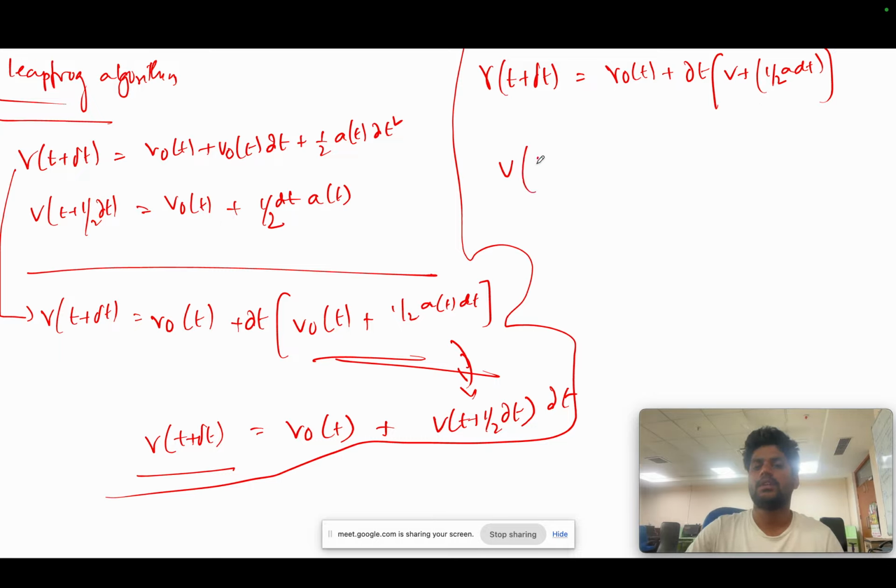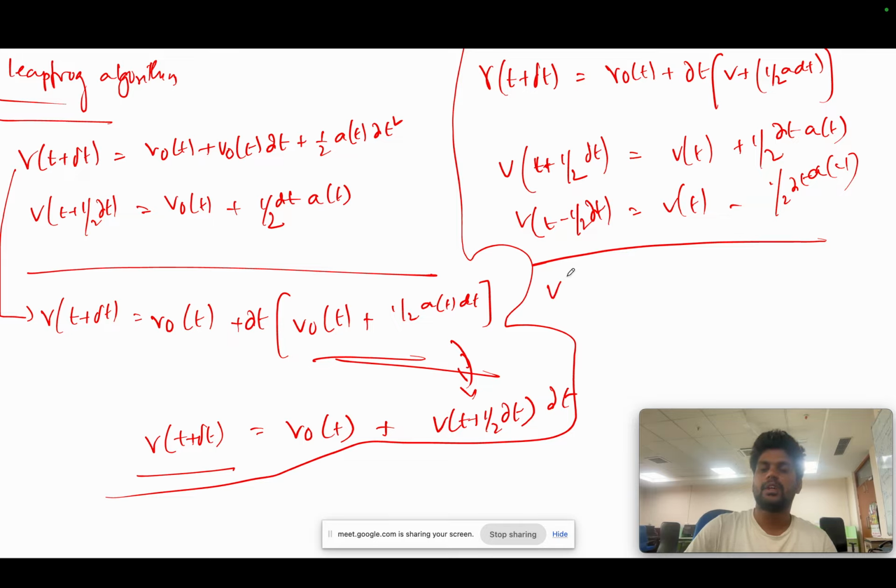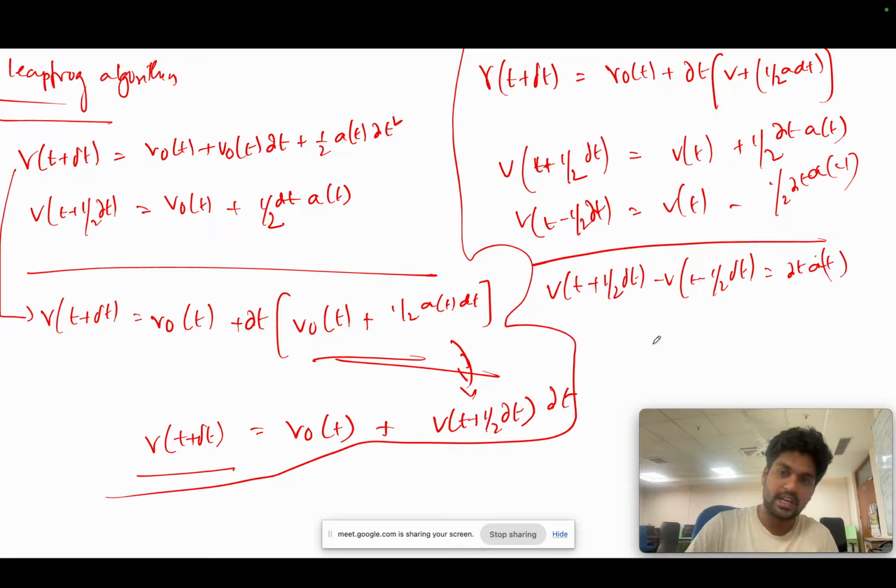For that, v of t plus half dt equals v of t plus half dt of t, and v of t minus half dt equals v of t minus half dt of t. So we need to cancel this. So we get v of t plus half dt minus v of t minus half dt equals dt times a. So if you know the acceleration, initial acceleration,